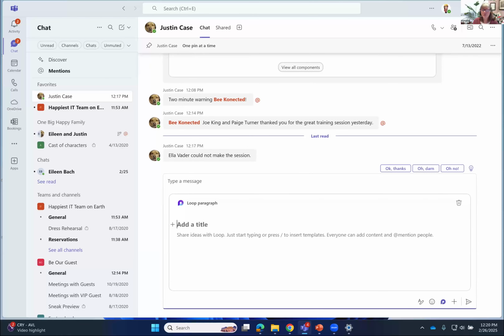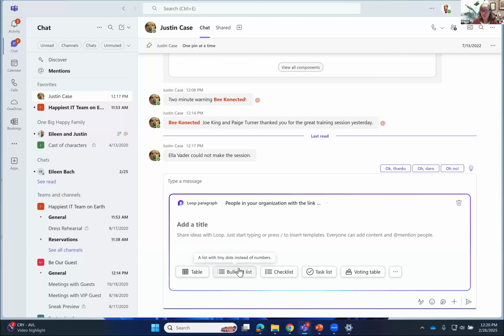And the idea behind loops is it's a collaborative tool. Both myself and Justin can edit this loop and we will see the changes real time. Super helpful if you're trying to maybe co-author a message or a piece of an email. You can also, as you can see, add tables, bulleted lists, checklists, task lists, voting tables, all kinds of things. They also have all these things that are under the ellipses where you can see even more. But the idea here is that you can co-edit,